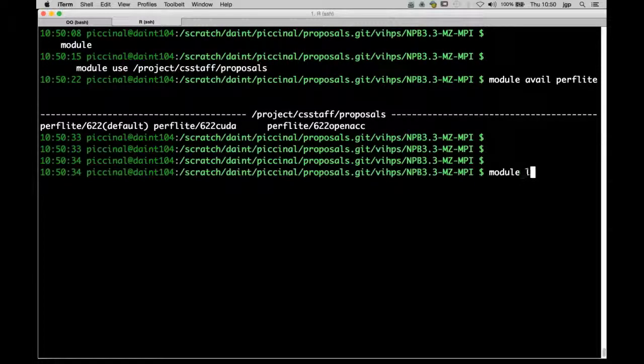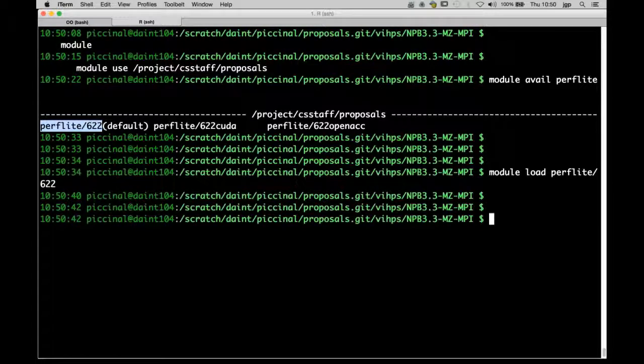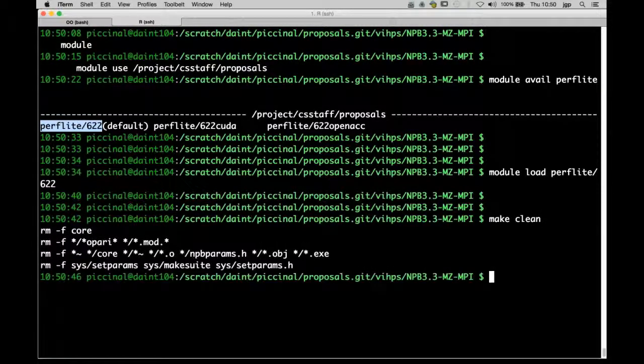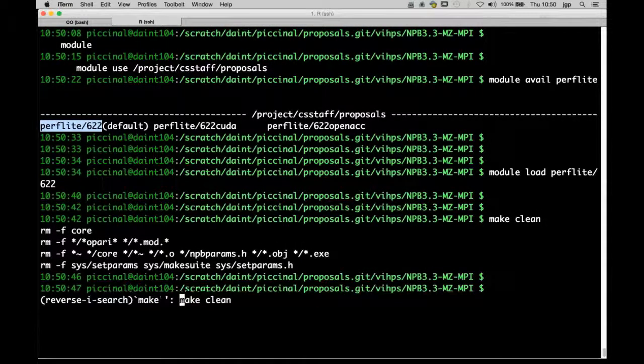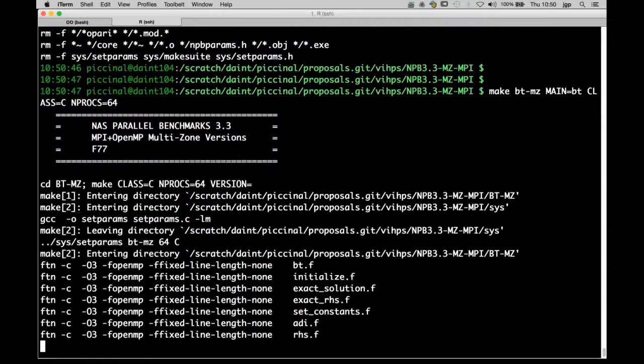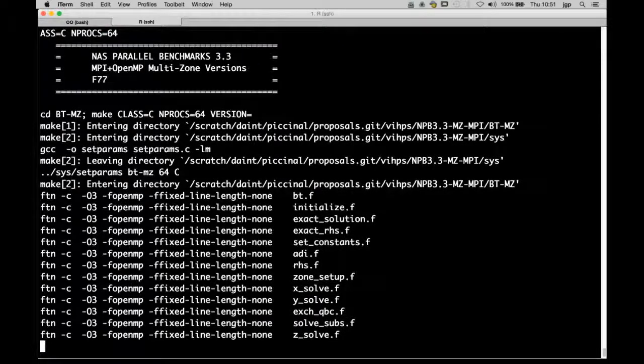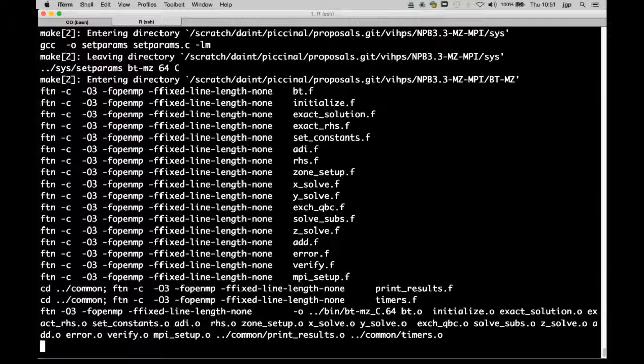Okay, so since I'm not using the GPU, I will just load the default version of the module file, and I will recompile the code. So as you can see, nothing really changed. I'm still using the Cray wrapper with the same optimization flag or the same compilation flag.